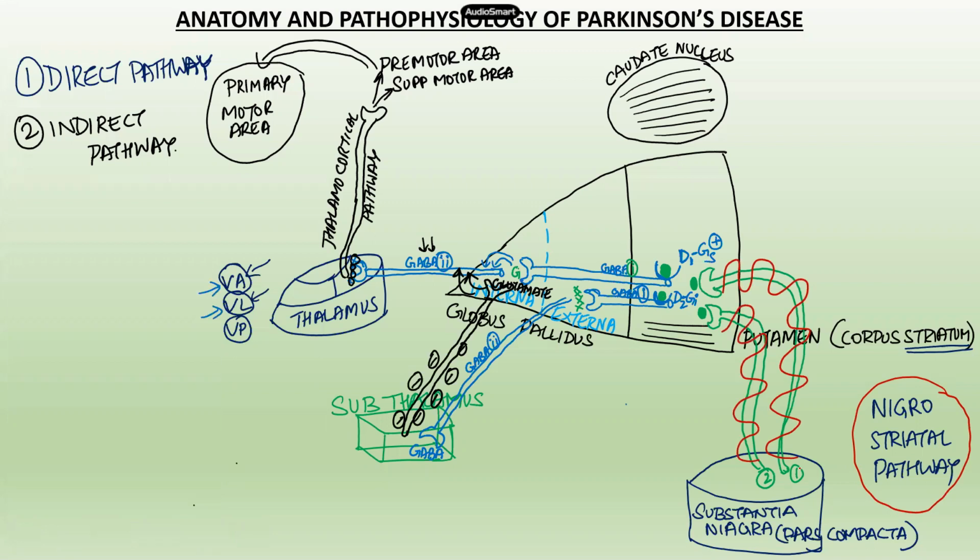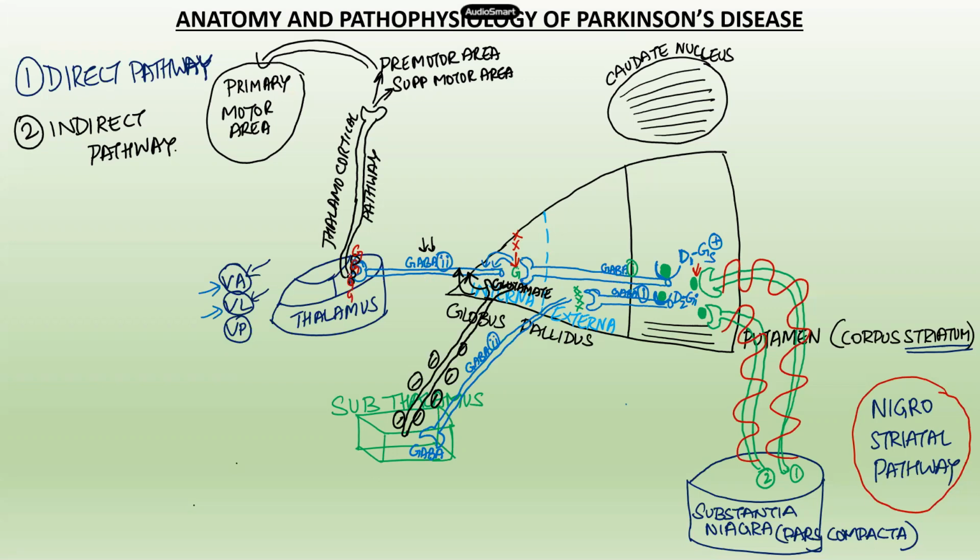Now, if we cause degeneration of dopamine neuron number 1, let's see what happens. So the first effect that happens is dopamine is not released at this particular step. So if it is not released, that means the GABAergic neuron is not getting activated. That means the GABA is not being released at this step. If GABA is not being released at this step, it won't be able to inhibit this GABAergic neuron. That means plenty of GABA will be released at this level.